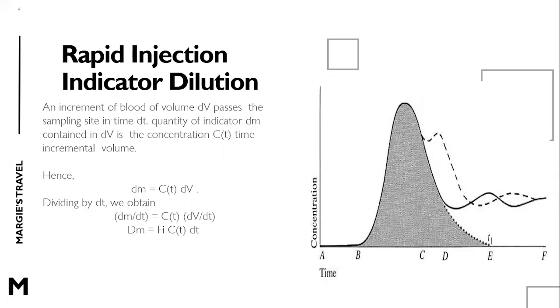An increment of blood volume dV passes the sampling site in time dt. The quantity of the indicator dm contained in dV is the concentration C(t) times the incremental volume. Hence, dm is equal to C(t) dV. Dividing by dt, we obtain dm per dt equals C(t) dV per dt. Then dm equals F C(t) dt,